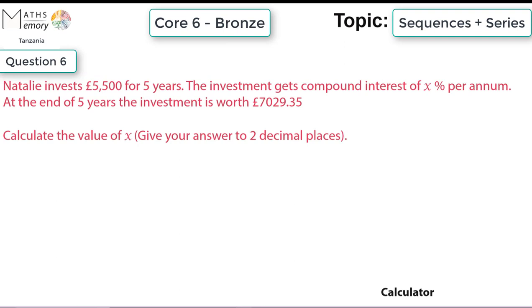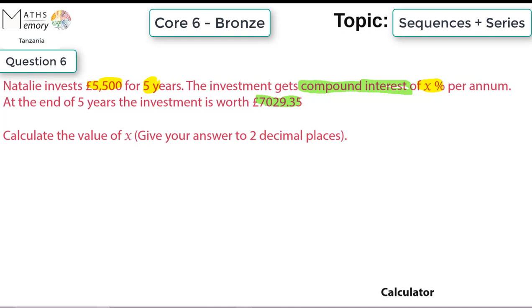Press pause, write this question down, and press play when you're ready. So again, we're looking for the keywords over here. Compound interest, which is definitely going to be in the exam, compound interest as opposed to simple. And let's look for our 3 key numbers over here. So we have the initial amount, £5,500. We have our interest rate, which is x this time. We don't know this. The number of years is 5 years over here. And our money actually grows to this number over here,